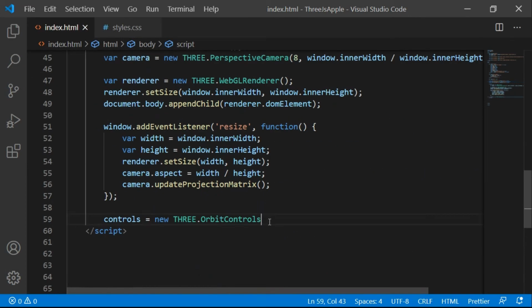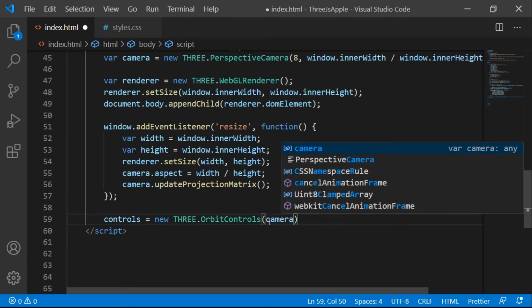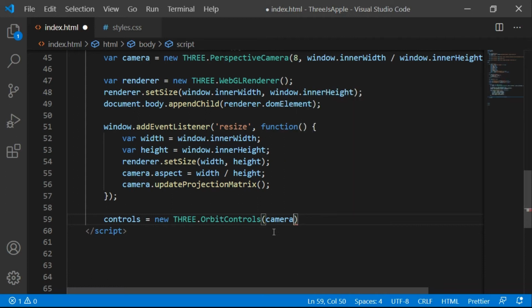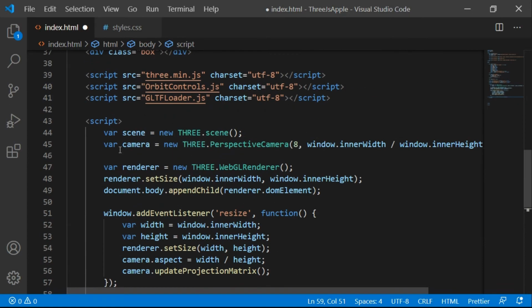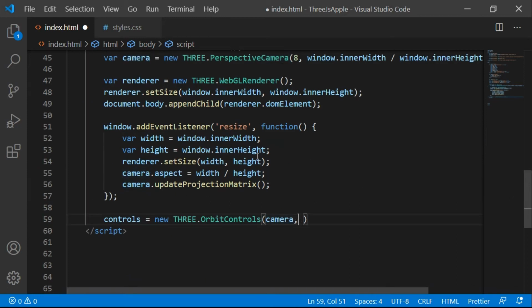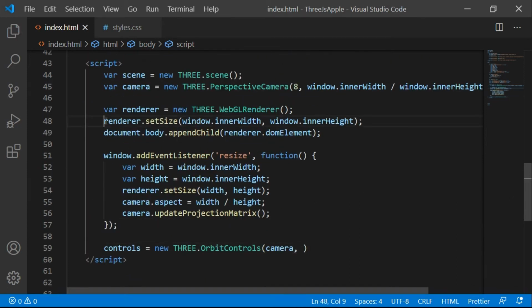Let's add parameters: camera, which is the THREE.PerspectiveCamera from the three.min.js file as I told you earlier, and renderer.domElement, which is appended to the body right now.